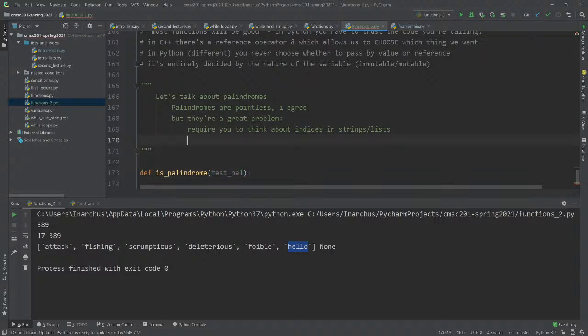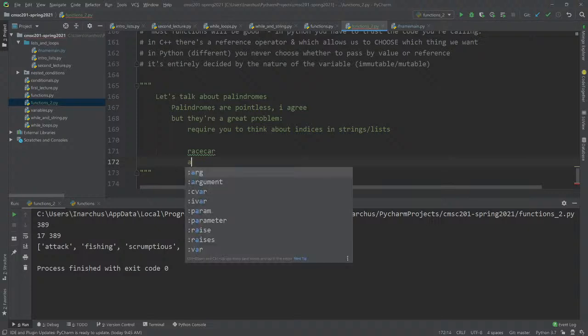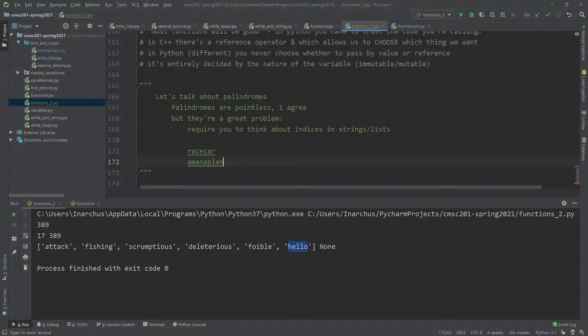A palindrome is something like race car. Of course, you might say, isn't there a space there? I say, not if it's a palindrome. You know, a man, a plan, what is it? Canal, Panama?